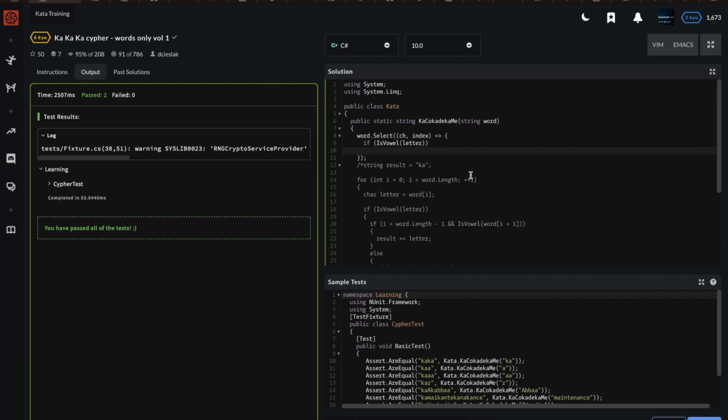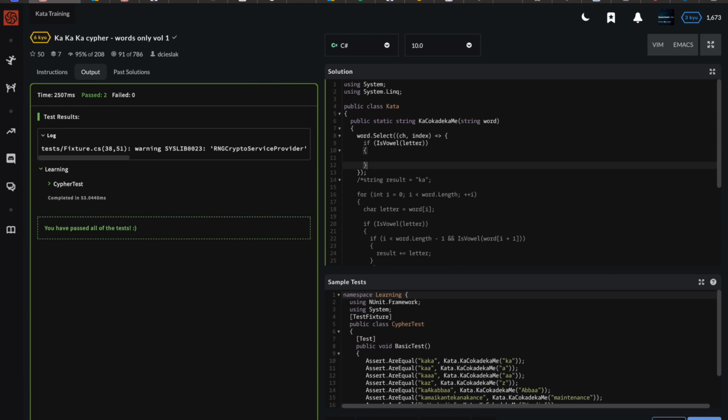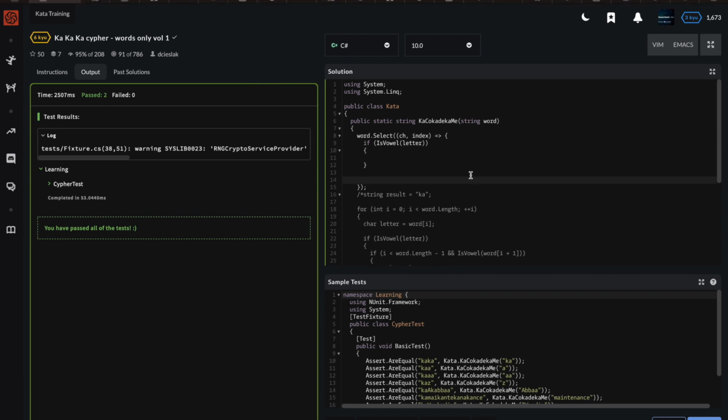If that was the case, then we just want to return the, well, that was the non-trivial case. So we'll handle this one, and then I don't need the else. So I'll say, if it is a vowel, let's do that look ahead thing. If